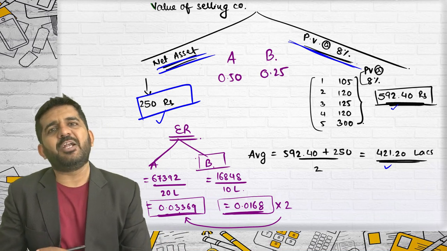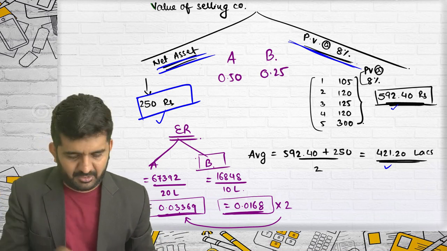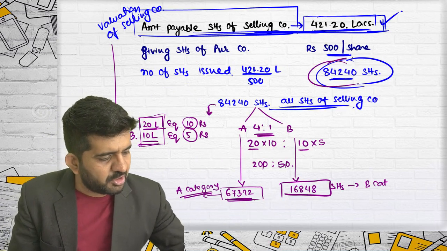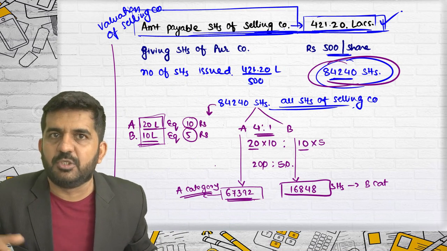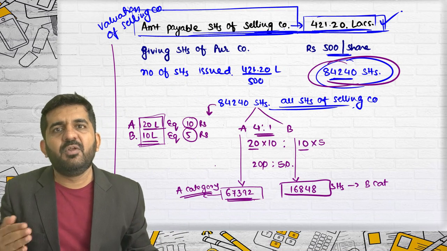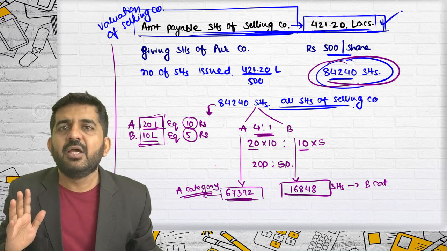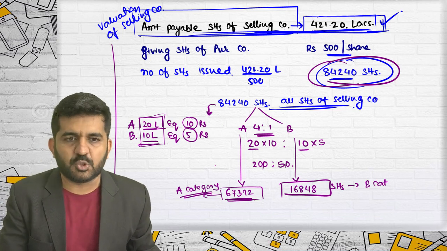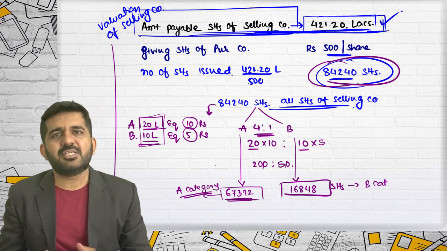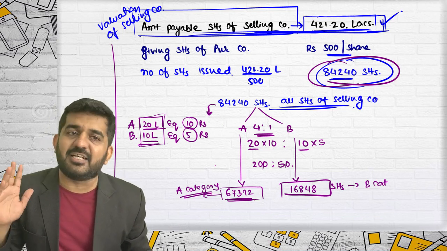Sir, how to find out EPS 1-2? You don't need to directly use the formula. You can find out the total number of shares issued to selling company shareholders plus n1, which will become your denominator, and you can always find out EPS 12, and once you get EPS 12, you can also find out MPS 12. But still, such a deep category of question is not asked up till date. But that is absolutely alright.